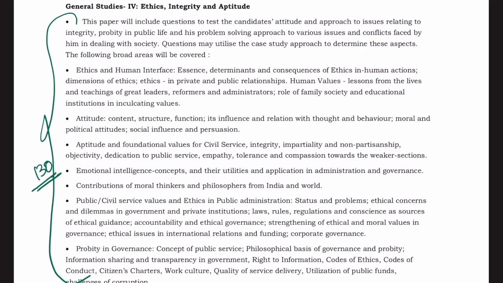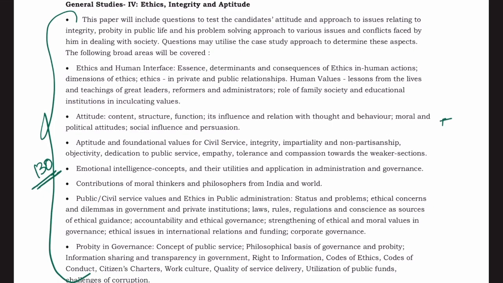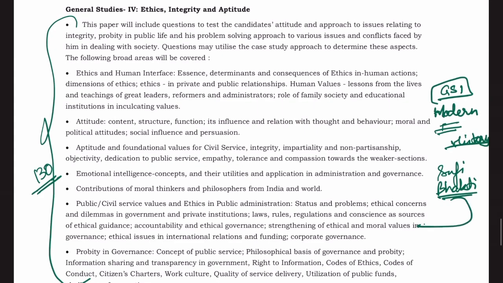See, there is this chapter of moral thinkers. So moral thinkers, many of the freedom fighters we have had were thinkers also. Many of them started newspapers and all, right? In GS1 we study this mainly in modern history. Otherwise, in the movements like Sufi, Bhakti, we find many ideas. These things we can quote here in the moral thinkers, in the ethics part,